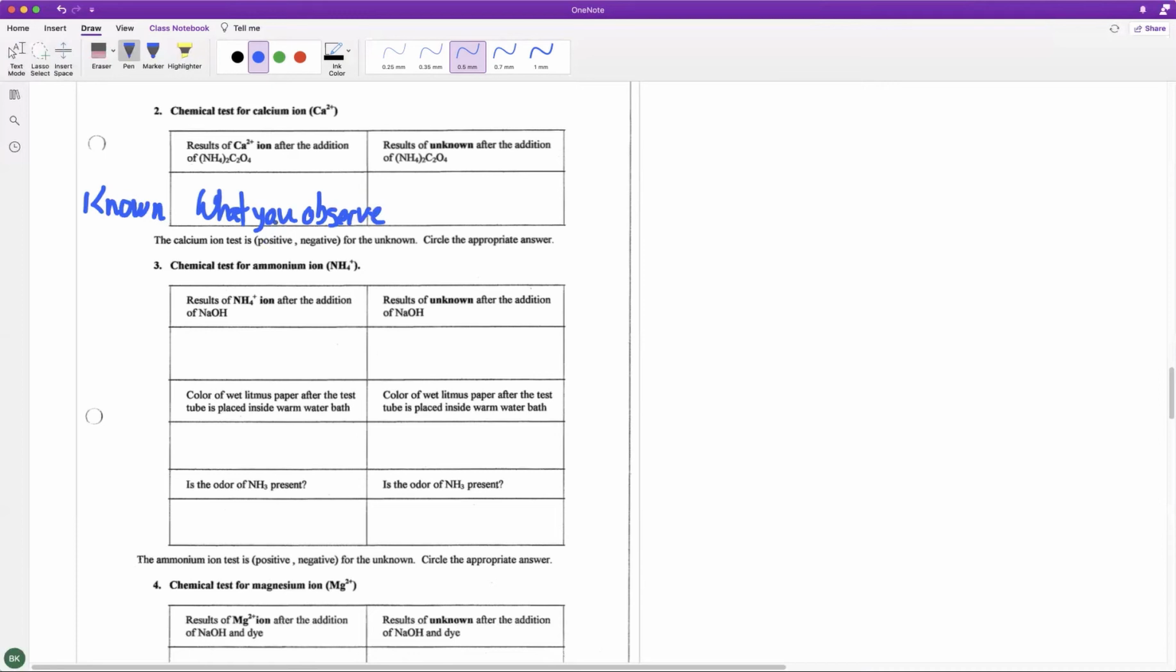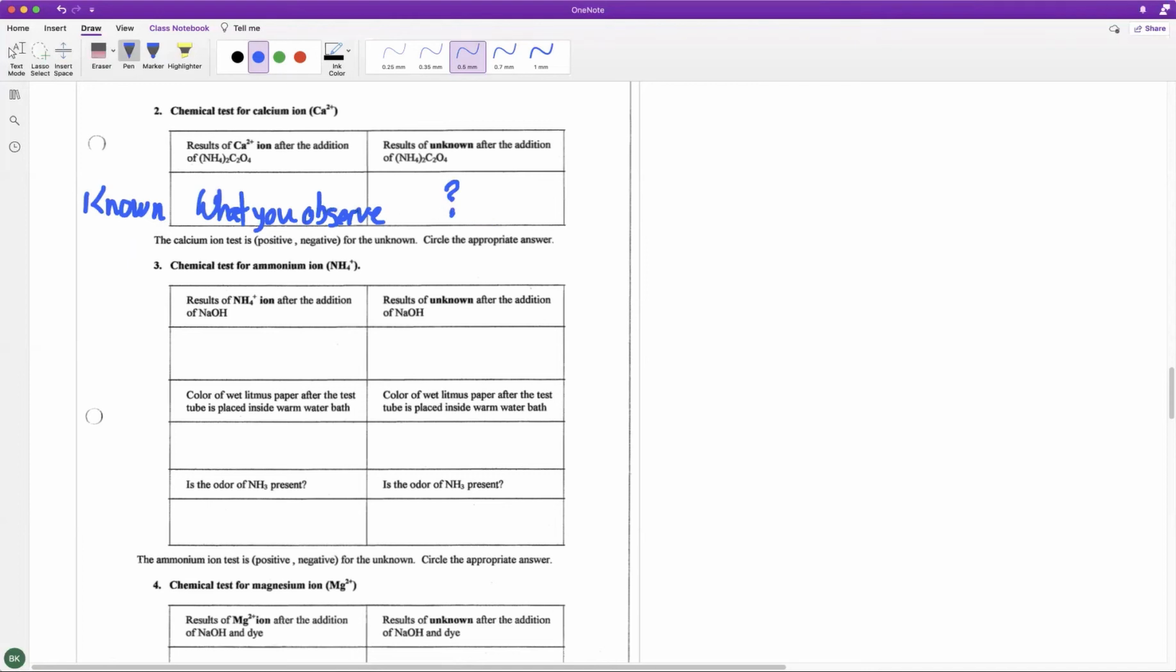Okay, that is your known. So you know, when I mix calcium with this chemical, this is what happens. Then you're going to take the unknown. You're going to watch Dr. Deng take the unknown. She's going to do the exact same thing, only she's going to mix this solution with the unknown. And the question is, does it react the same way as the known, or does it do